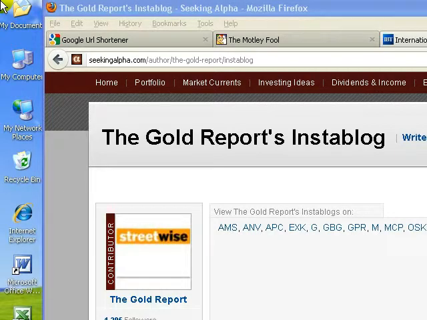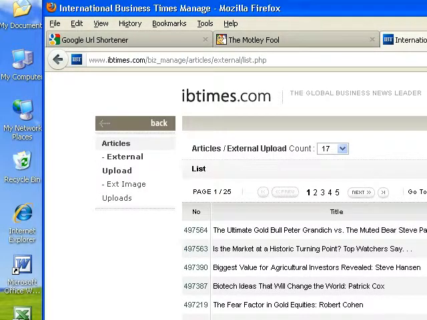This is a training module on how to syndicate your content to International Business Times, as well as Seeking Alpha and the Motley Fool. So we're going to start with International Business Times, which I typically do first in front of Seeking Alpha. So I've logged on, and this is the first page that you see when you log on